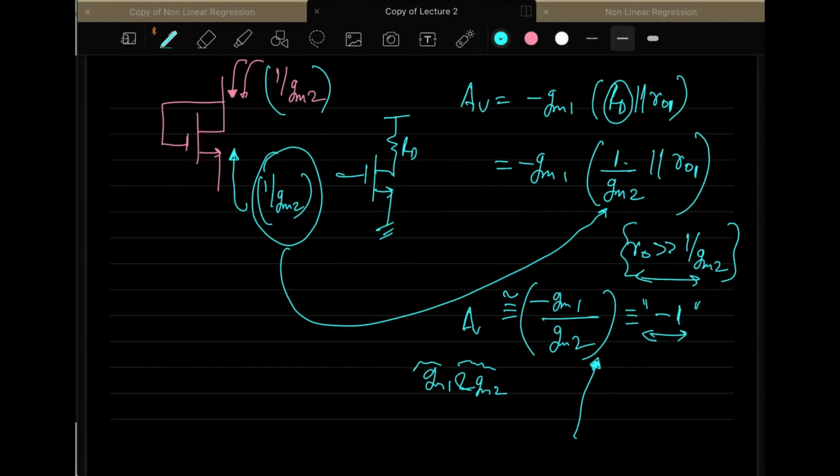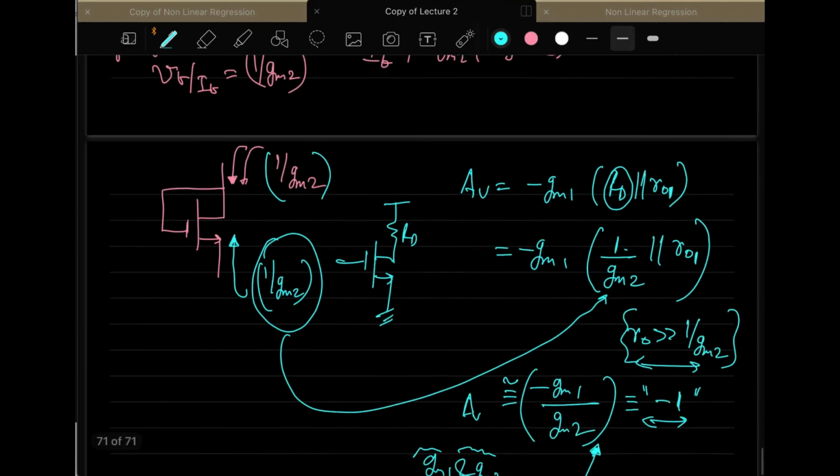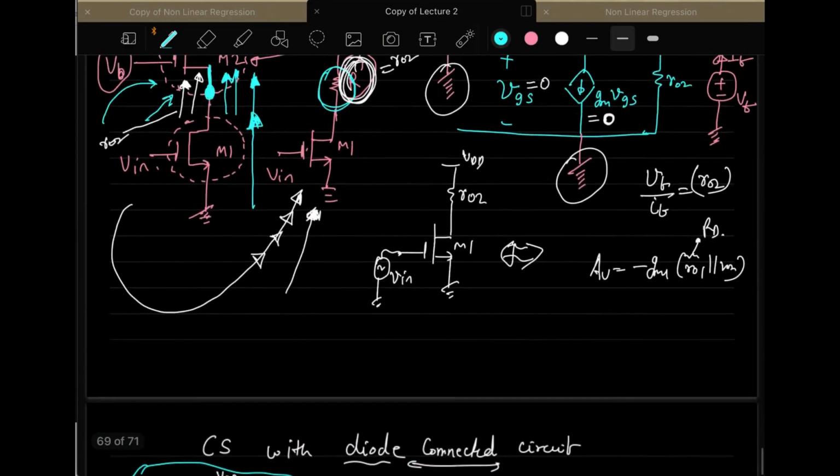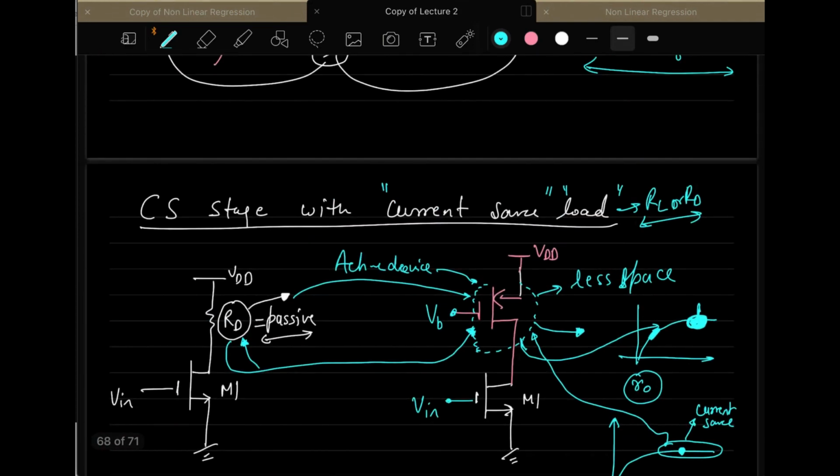So any questions here regarding this discussion that we are doing? Any questions, students? So today I have done these two configurations. One is common source with diode connected load, and another one is common source with current source load. In the next class, we will discuss more such configurations, so that you also practice yourself from Behzad Razavi. You see its chapter number. I guess I don't know the chapter. It's 2 or 3. You check it yourself and try to understand what's going on there and solve the questions which are there in the chapter itself.